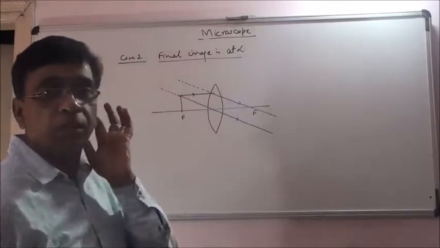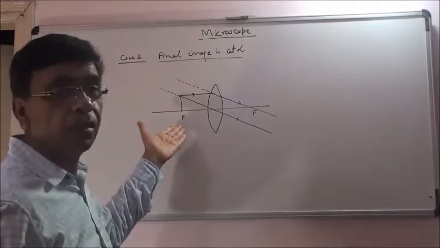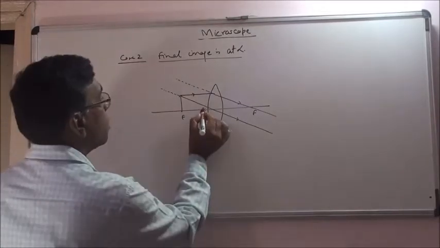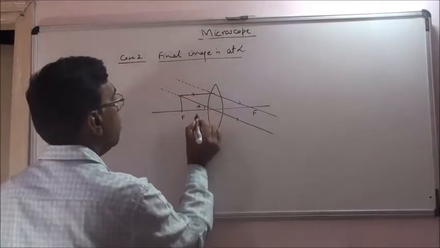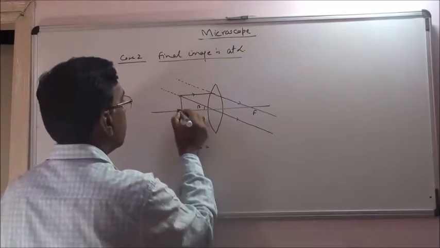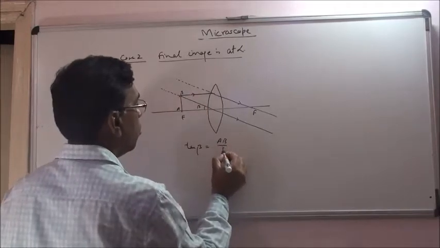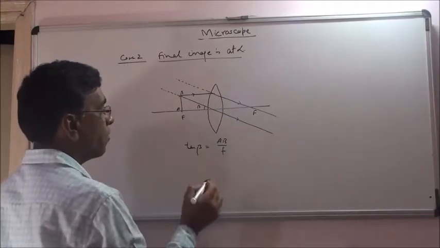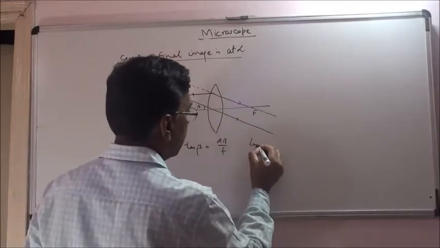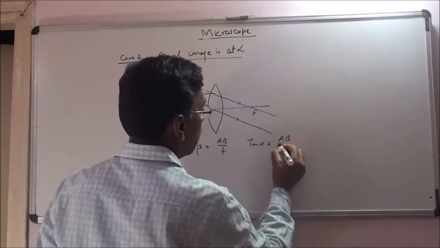This is the case when the final image is formed at infinity. The object needs to be at focus. So now this time this is beta. So what is the value of tan beta? AB upon F, and tan alpha, again using the same